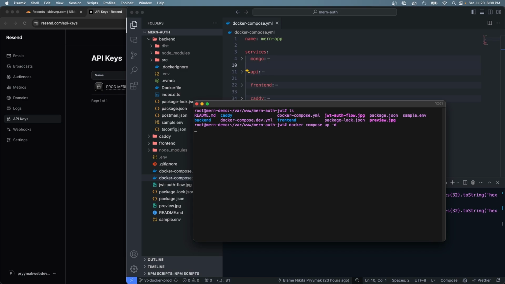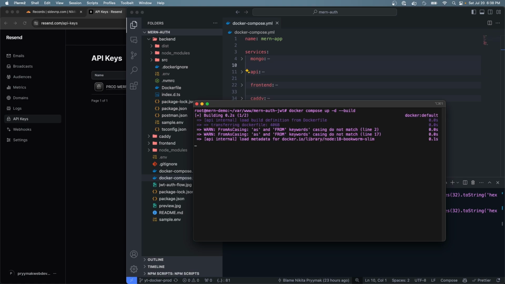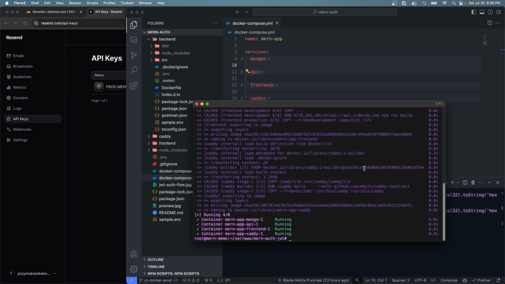So once you run that, it should build all your containers. And I just ran this command, so I'll just add the --build argument, and that'll go and rebuild them. So it looks like they're all running, and it'll probably take longer for yours if it's the first time that